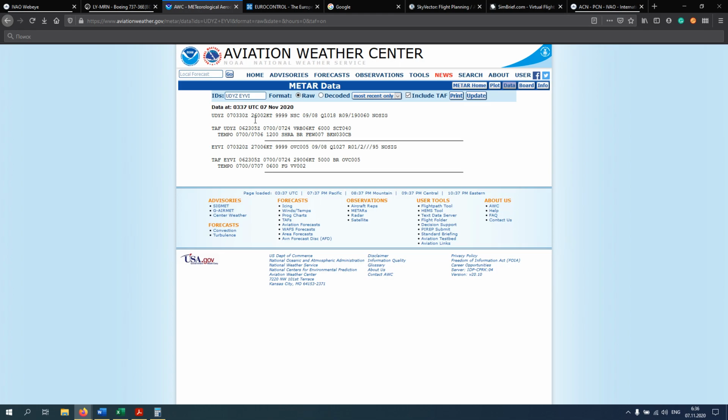So in Yerevan we have, as you can see, light wind, good visibility, no clouds, and they expect a bit of wind and a bit worse visibility. Actually this one can affect us, so we should consider it, because we're going to depart soon, before 6 o'clock, so we can encounter this kind of visibility and precipitation and clouds